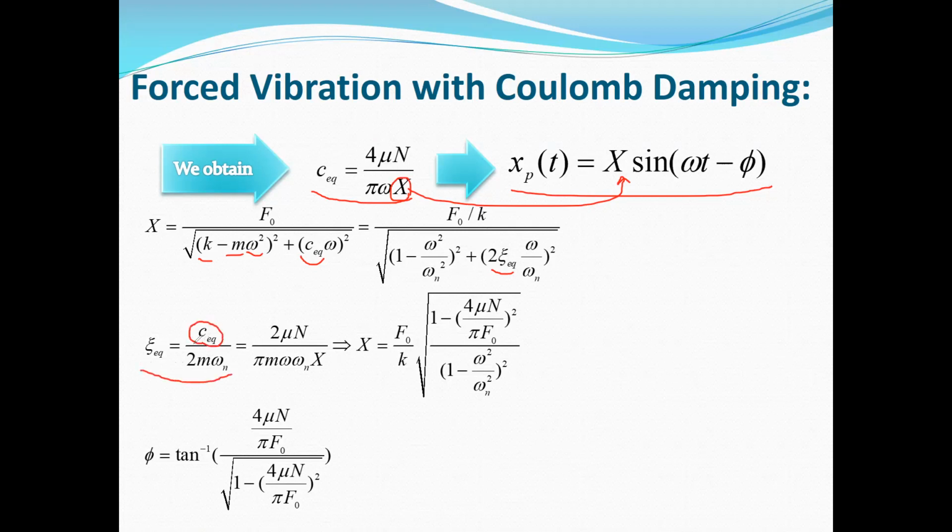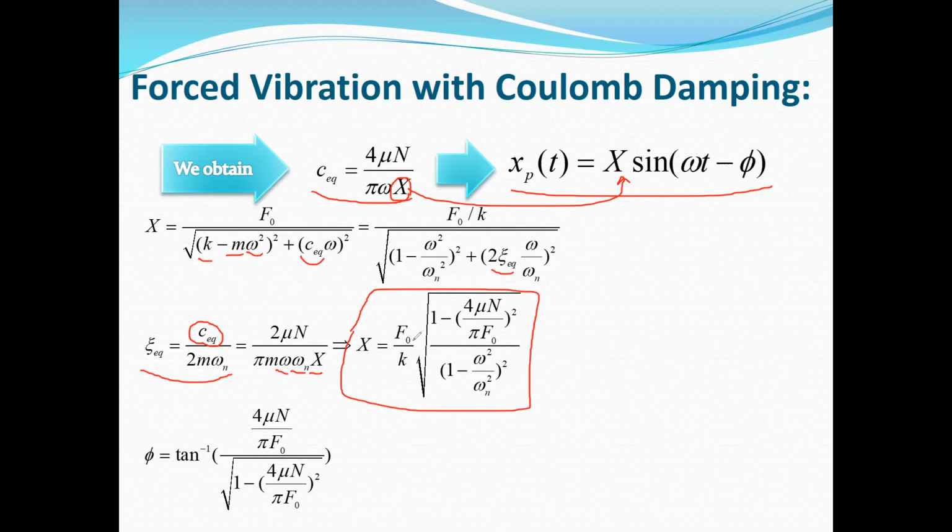It means this is the equivalent damping ratio in the system. So we can find zeta equivalent as a function of the frequency, as you can see, and also the amplitude of the response. Then you can substitute here, and if you simplify this equation, you can extract this relation for the amplitude of the response